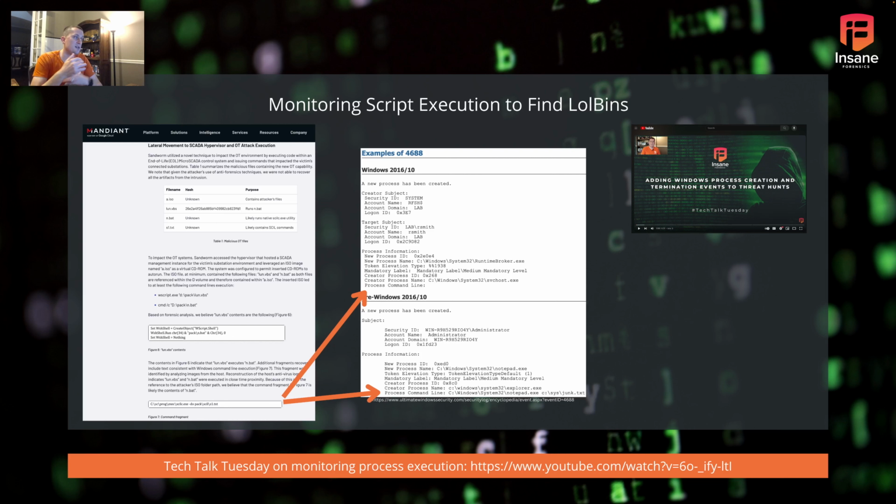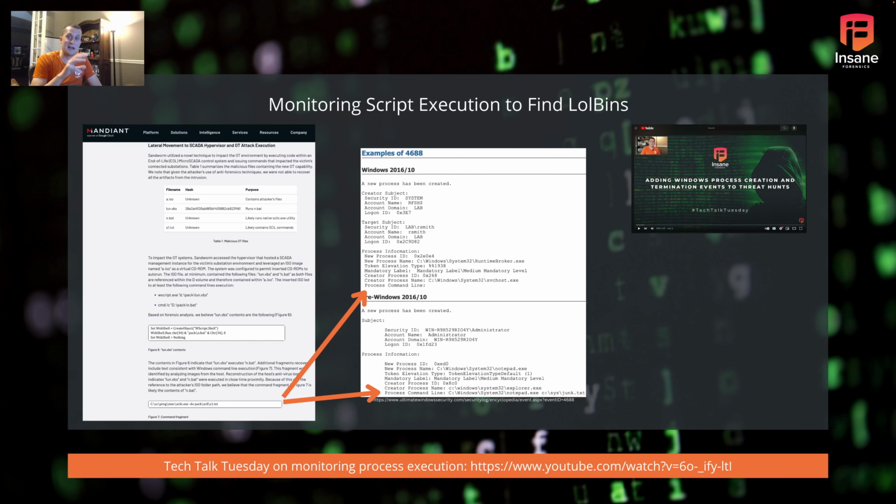But when the attacker does use what we saw or what Mandiant showed to be visible on how this industrial application was called, we still see the footprints in that event log. Again, check out the Tech Talk Tuesday. We talked through this log a lot more. I think we talked through in there how to even create the log and do others with it. But one way, again, we can see this because this is harder to see on the network. Again, if we're just looking at the network level, we're going to see the IEC 104, the industrial traffic going to the RTU, to the programmable logic controller to the embedded system.